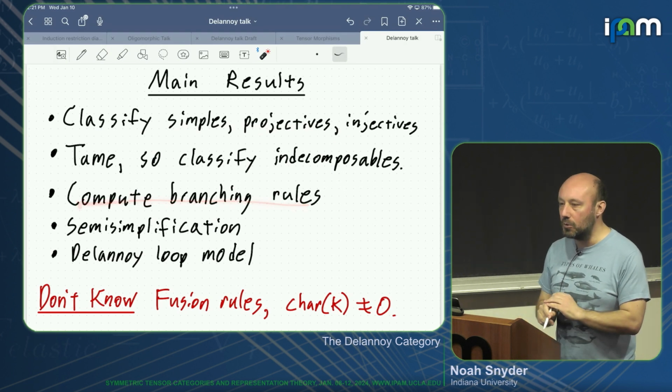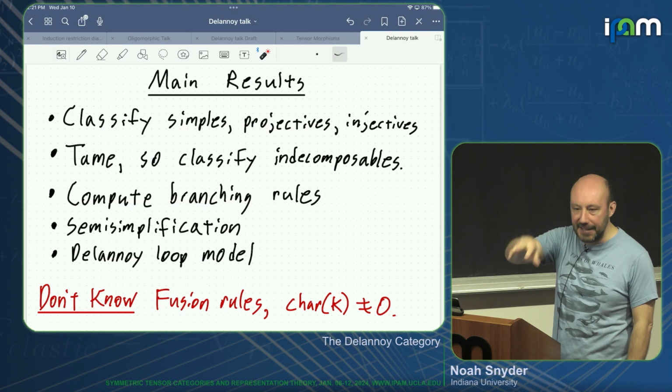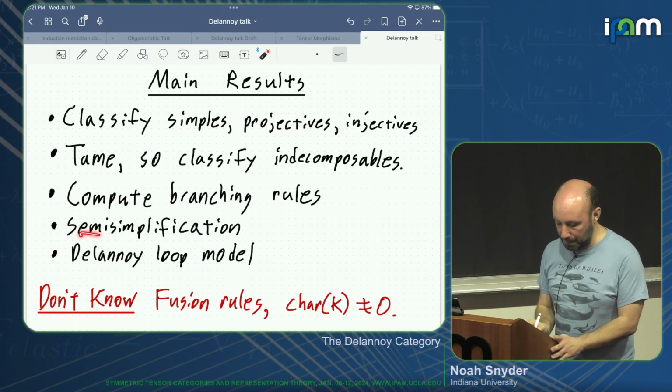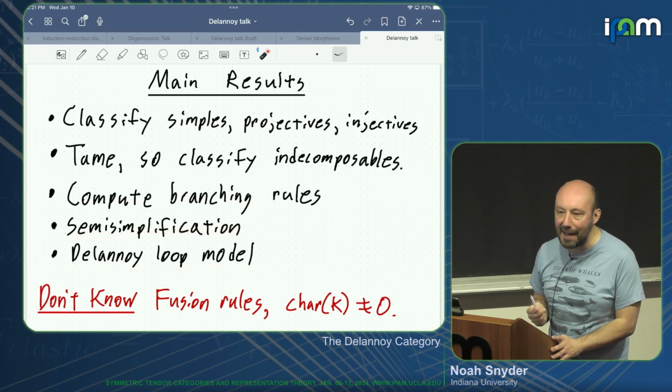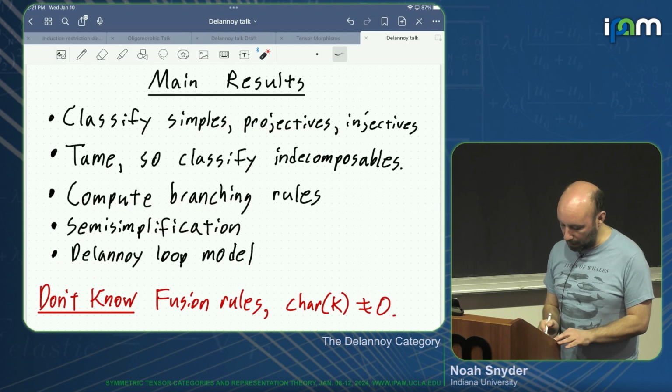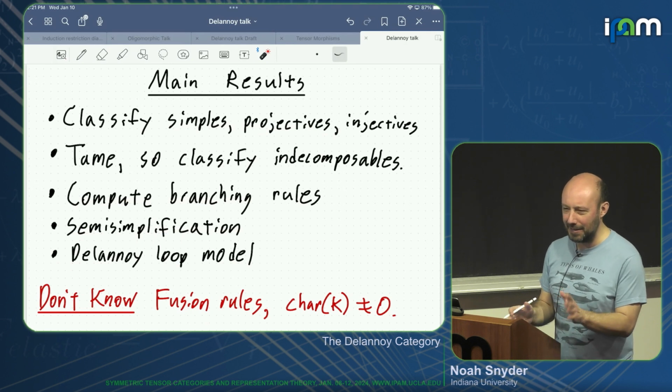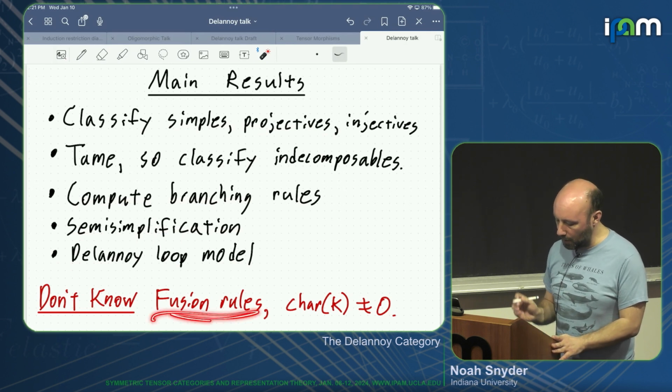We compute the branching rules. Now the branching rules go down to the Delannoy category rather than products with itself. We compute its semi-simplification. We have a version of Delannoy paths where we can give a combinatorial model, but there's also some stuff we don't know. In this case, we don't know the fusion rules. Well, what that means in a non-semi-simple case, we don't know how things break up when you take tensor product,